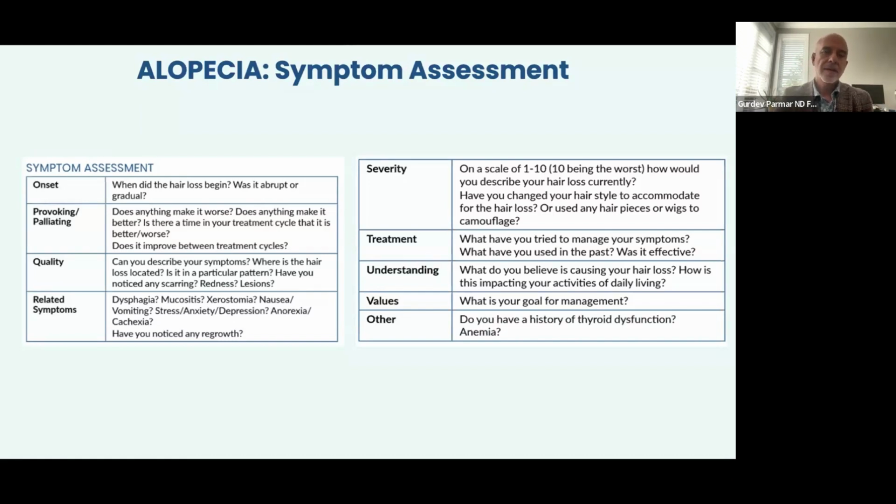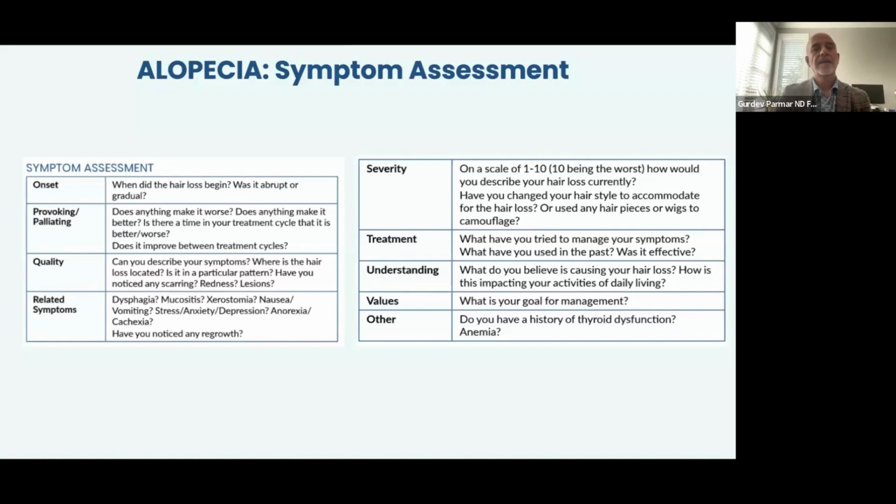So for each one of the symptoms, there's this sort of algorithm. So a symptom assessment, how to do a proper history taking, what questions to ask. And each one of these questions is going to help dictate what the treatment is going to be. So rather than you having to keep this all in your head, like, oh yeah, I remember for alopecia I have to ask these questions, no, it's there. You can very easily consult your book, consult your notes, consult what you have on your computer